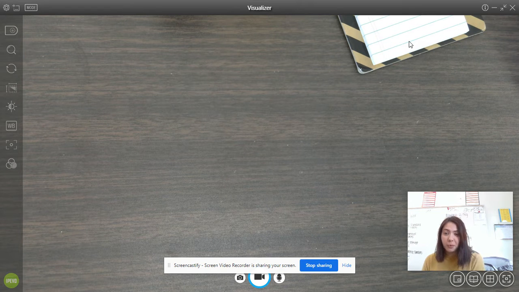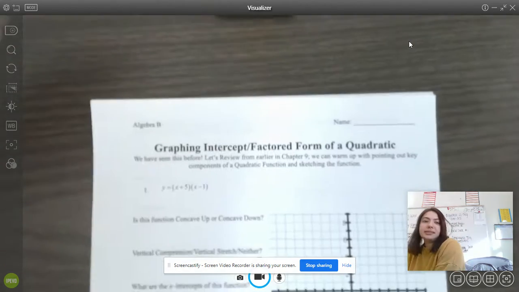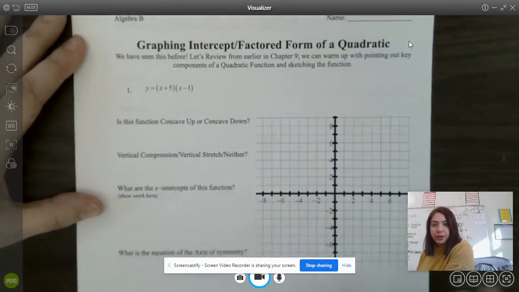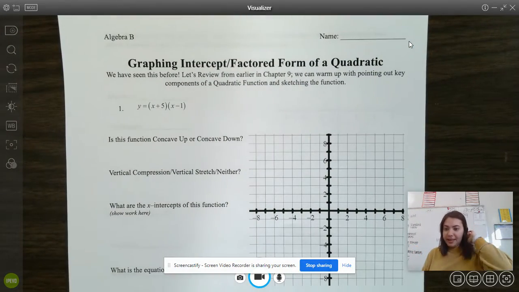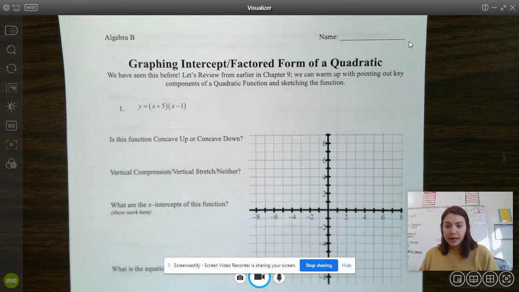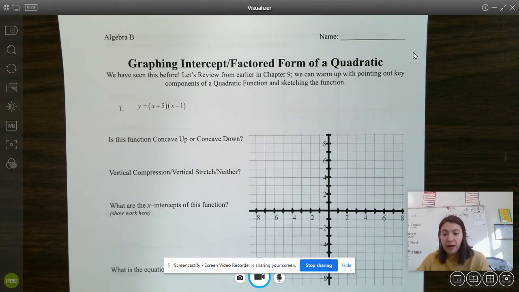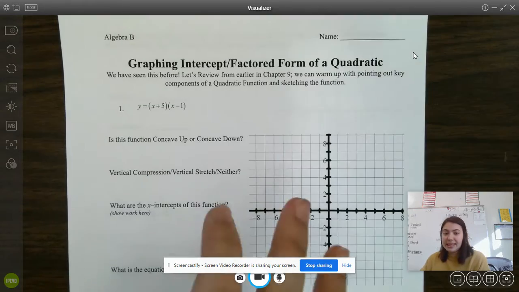So again, we are going to watch another video on graphing quadratics. This time we are going to learn about intercept form. As you can see in front of you, you should have this packet, and the video that you are going to be watching today is going to follow along with this